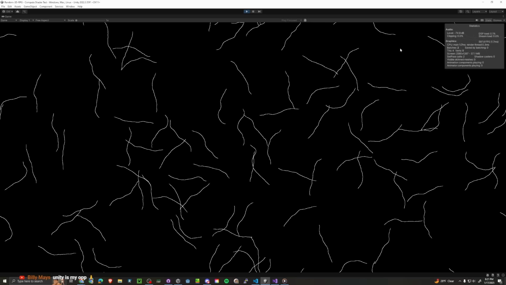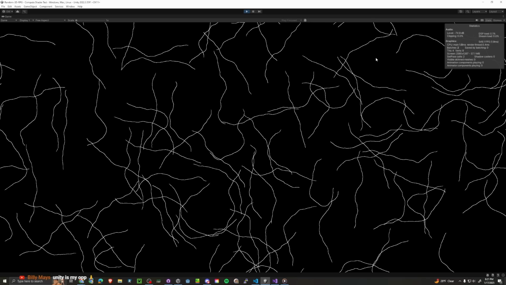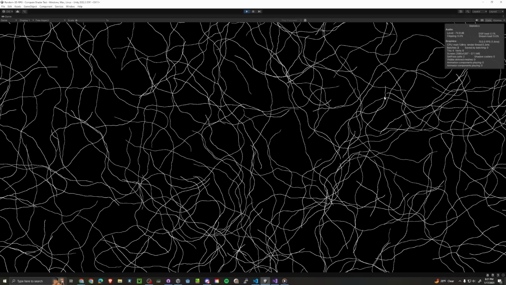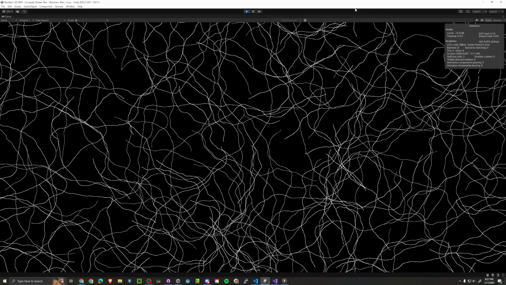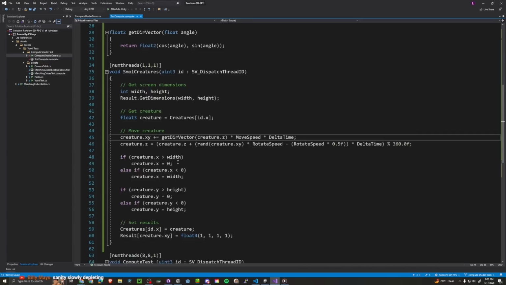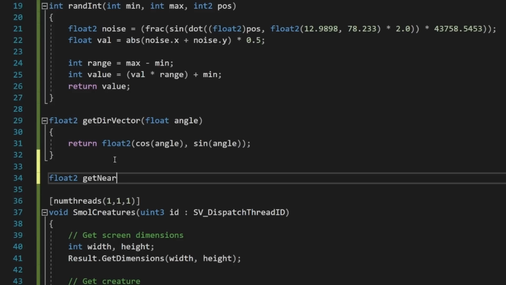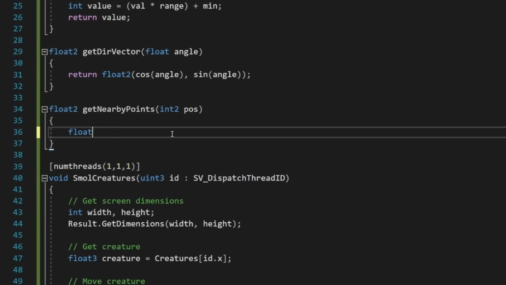Look at that. Alright, I might have made the fade speed. I don't think the fade speed works very well. It's definitely not fading, but it does look kind of cool. No, it's fading. So here's what I want to do. Can sample some nearby points, okay? Get nearby points. Oh, I guess we could just do the float 2 points is equal to float 2 pos.x